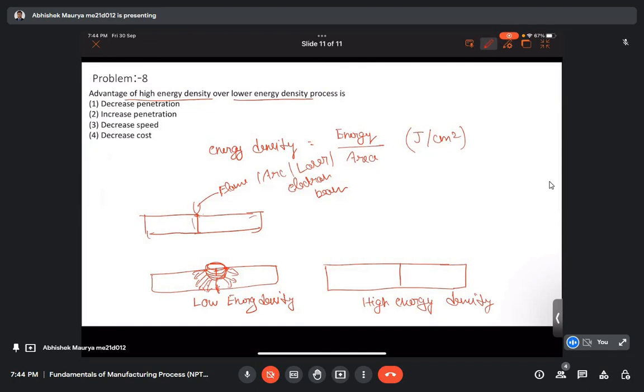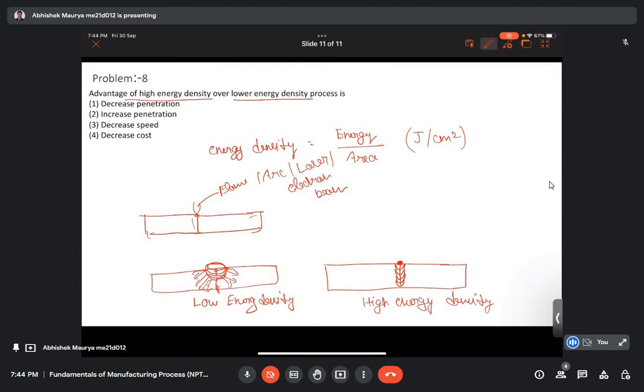Whereas if we have high energy density, then what will happen? In a very small area we are providing higher energy. A lot of energy is concentrated in a very small area. Here also we keep on supplying energy for 5 seconds, for example. In the first second, higher energy was there, so we get more depth of melting. Again in the next second, more material will be melted. Similarly after 5 seconds